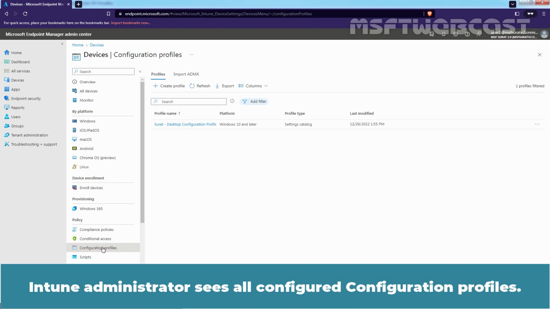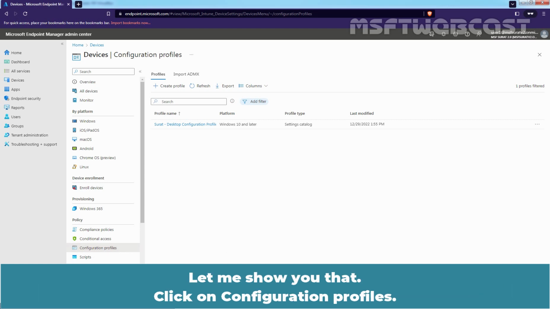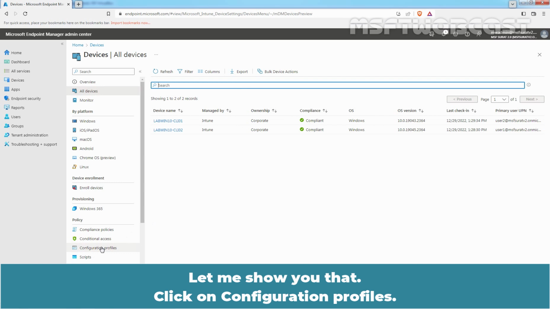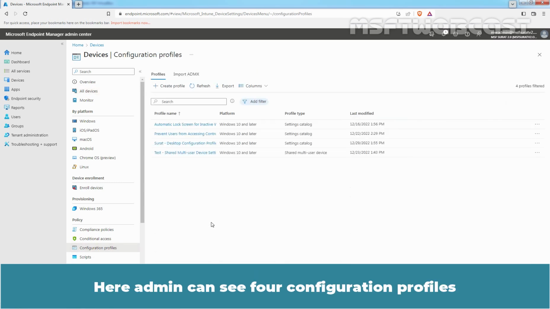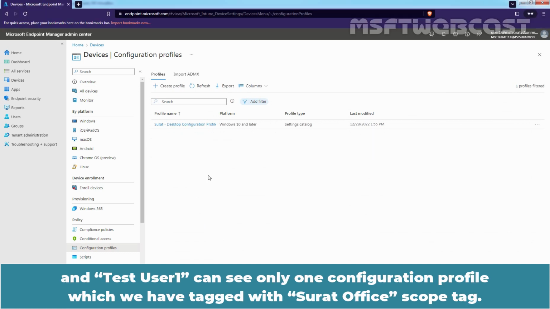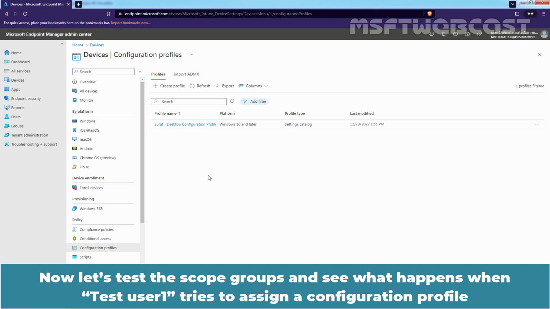The Intune administrator sees all configured configuration profiles. Let me show you that. Click on Configuration Profiles. Here the admin can see 4 configuration profiles and TestUser1 can see only one configuration profile which we have tagged with Surat Office Scope Tag. Now let's test the scope groups and see what happens when TestUser1 tries to assign a